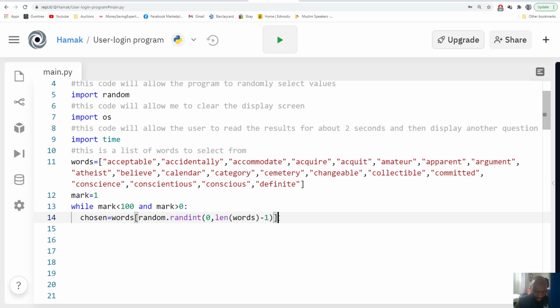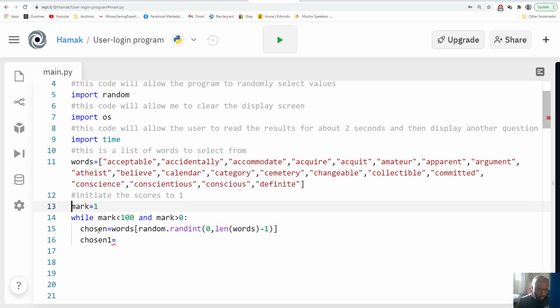I don't know if I've explained it right, but I hope I have. Okay, so then now that is chosen. Okay, so now we're gonna say it's also, now let me first of all type this. Initiate the scores to 1. Okay, and then I'm gonna say